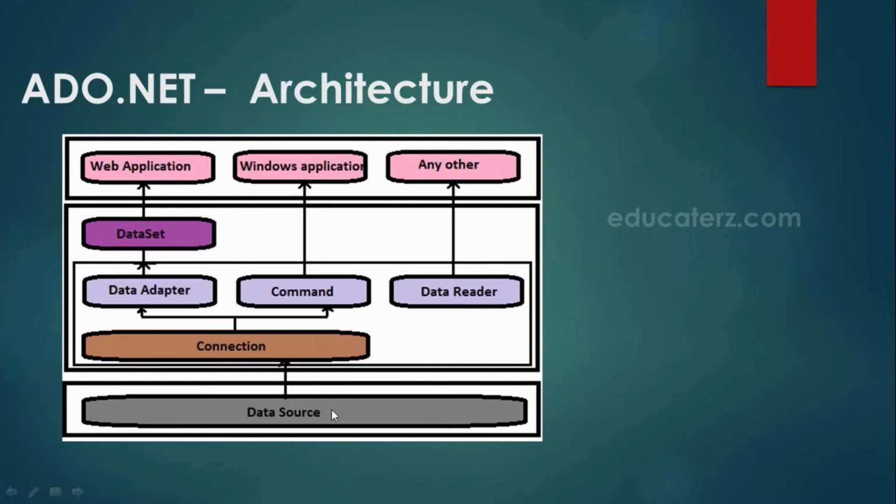So remember that ADO.NET consists of a set of objects that expose data access services to the .NET environment. It is a data access technology from Microsoft .NET Framework. Do not ever think that ADO.NET is a different technology. In simple terms, we can think of ADO.NET as a set of classes or a framework. The two key components of ADO.NET are data providers and dataset. The data provider classes are meant to work with different kinds of data sources. They are used to perform all data management operations on specific databases.